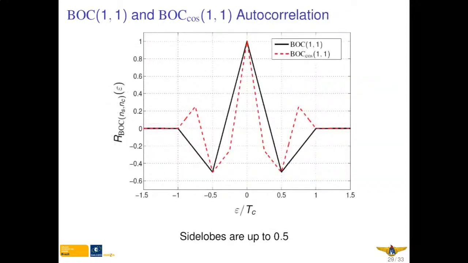Here's the autocorrelation function of the Bock 1-1 and Bock cosine 1-1 signal. We can see here that the Bock cosine signal or chip pulse shape has a sharper peak, which indicates that with this signal we have a better performance in estimating the time delay. However, these chip pulse shapes have quite high side lobes here and also here, and they can interfere with our